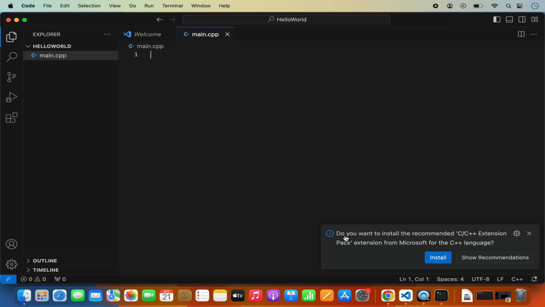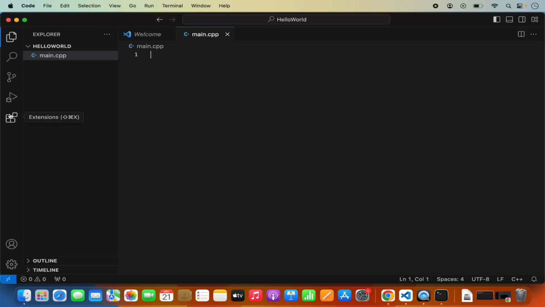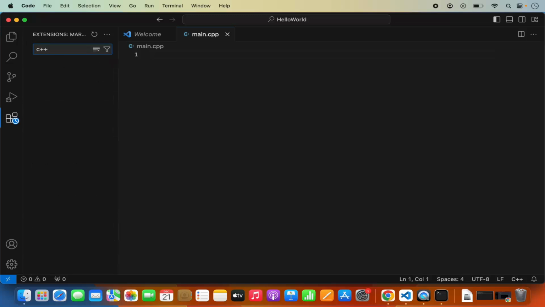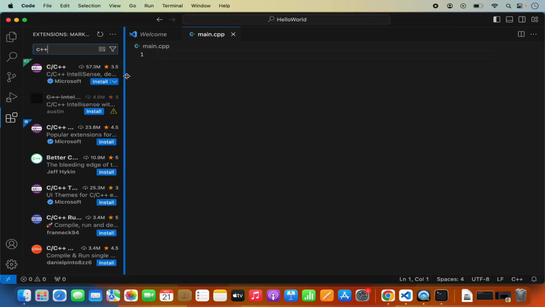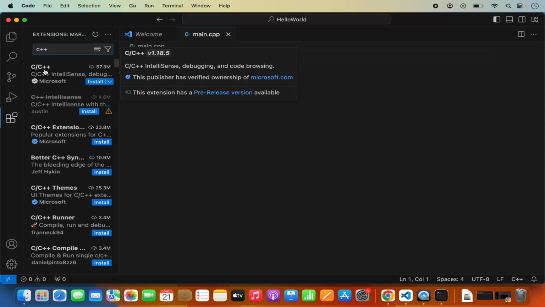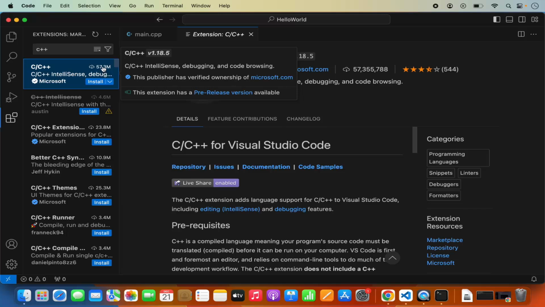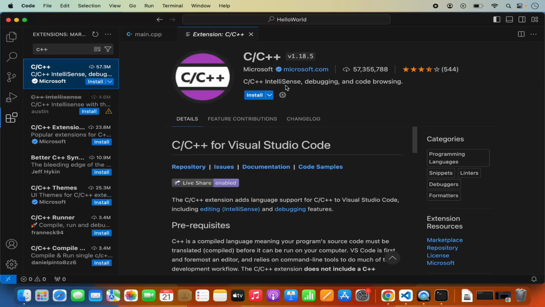You can see it gives us the recommendation to install the C and C++ extension pack, which is from Microsoft itself, so you can click on install from here. If you don't want to do that, you can also go to the extensions section and search for C++, which is also going to show you the same kind of result. Here you can see the first result, which is for C and C++, and it has been downloaded around 57 million times, and it's from Microsoft. So it's the official C and C++ extension pack